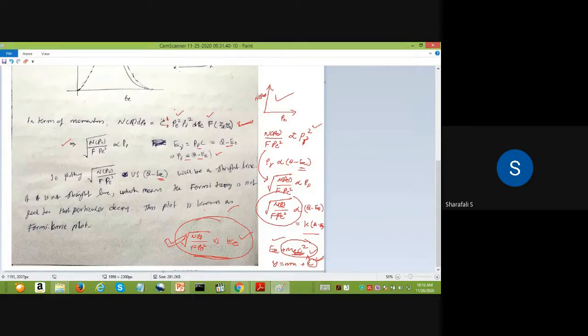So if Fermi theory is true, then this relation also will be true. And if you analyze any reaction and you get a straight line by plotting this, then you can say, hey, okay, the Fermi theory is valid for this particular reaction. If you get any other kind of form other than a straight line, then you can say that Fermi theory is not valid for this particular beta decay process. So that curve or plot is called the Fermi-Curie plot. From the Fermi-Curie plot we can say whether a beta decay process is following the Fermi theory of beta decay analysis.